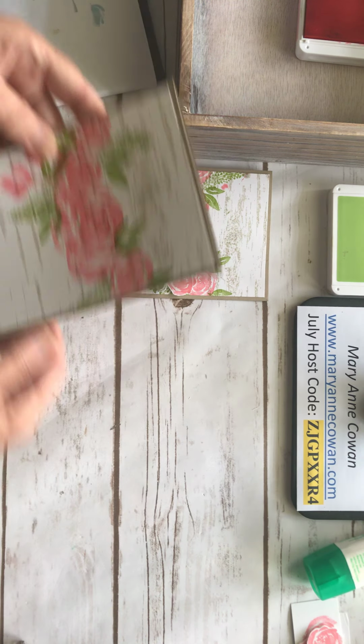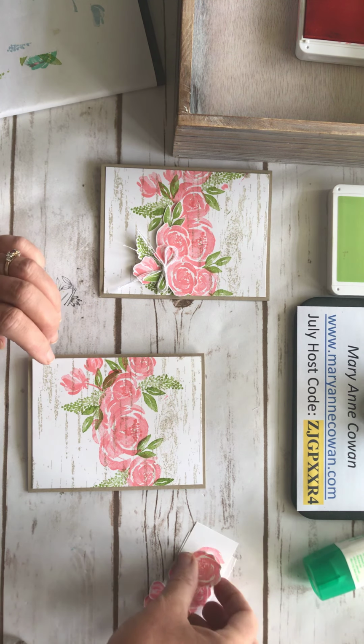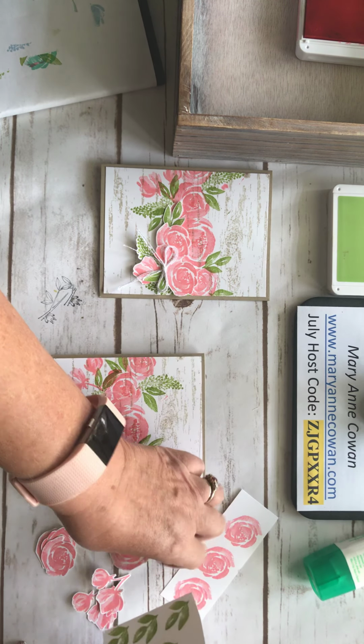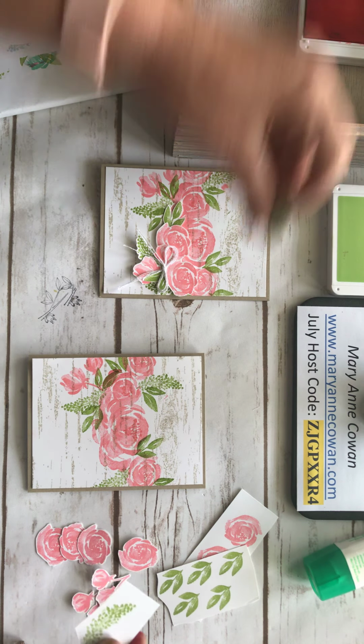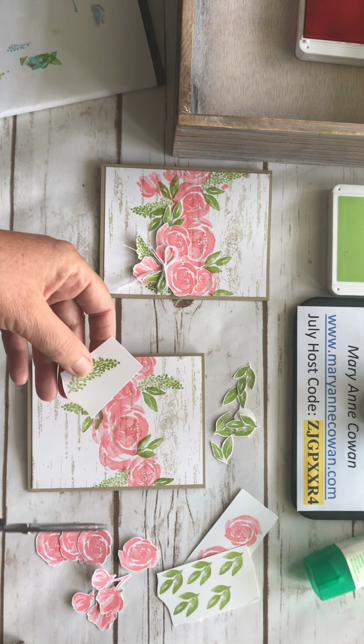So we don't need this matte anymore. So we're just going to add some of our little flowers. So I've gone ahead and cut out the flowers. And as I said, they are very easy to cut out. Even if you don't like fussy cutting, they are easy to fussy cut out. And I'm just going to show you a little trick for cutting out any images that you want to add